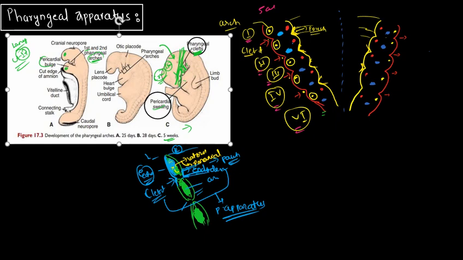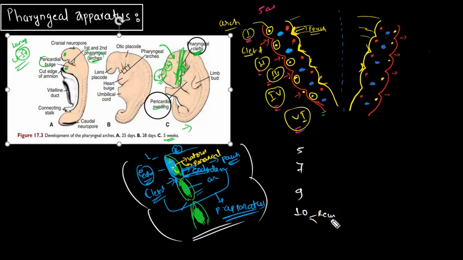What are the derivatives actually? I think you are oriented through this diagram now, through this demonstration or example. Now we have to learn what the nerves are. So we have 5, 7, 9 and 10. Remember it, repeat the sequence: 5, 7, 9, 10. In 10 we have the vagus nerve, the recurrent laryngeal branch, and the superior laryngeal branch. So the upper one will be the 4th arch. For the 4th arch it will be the superior laryngeal, and the 6th arch will have the recurrent laryngeal. So that is 4th and 6th.